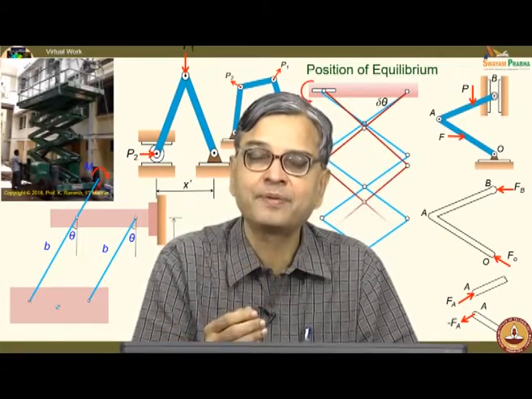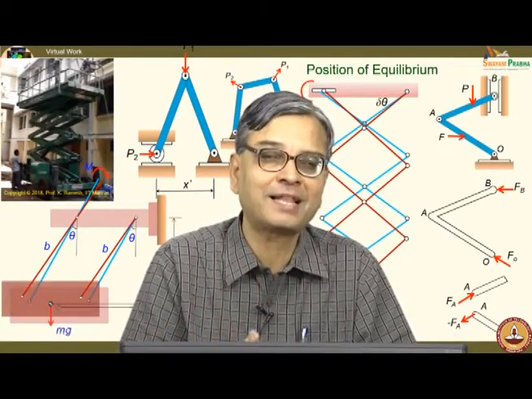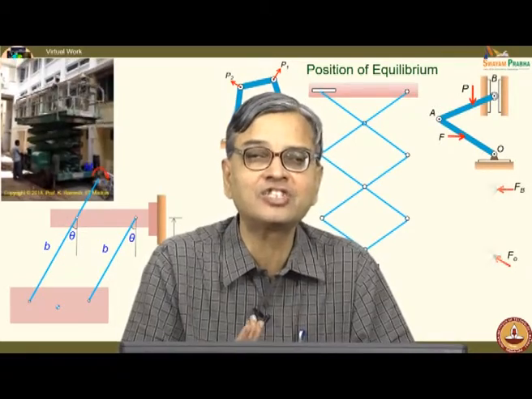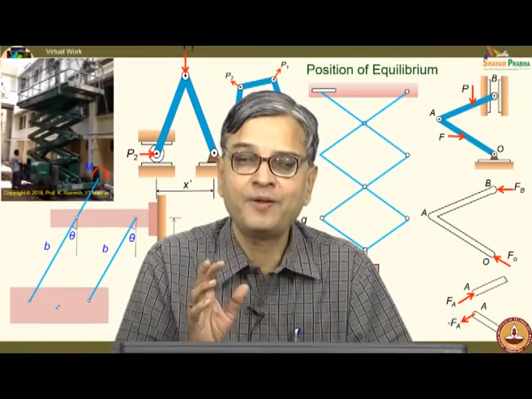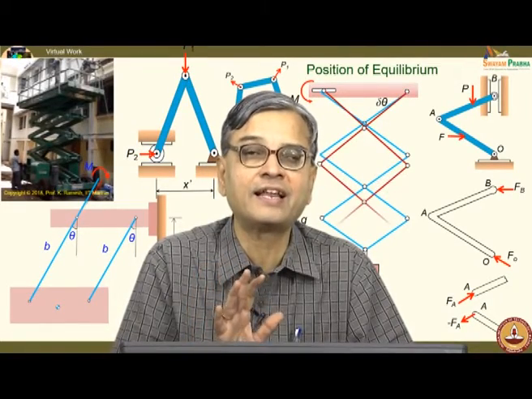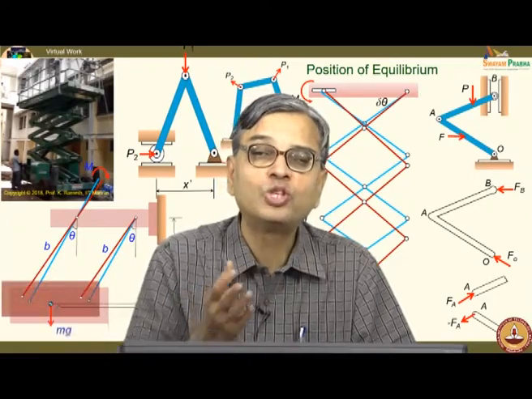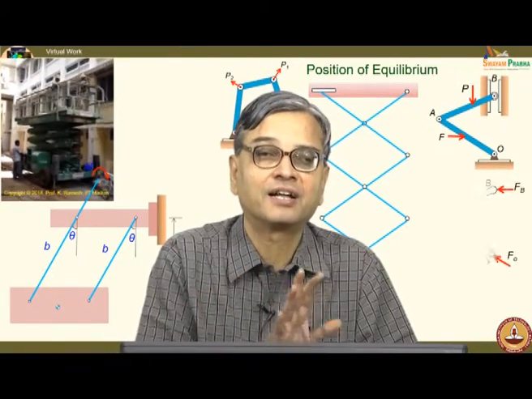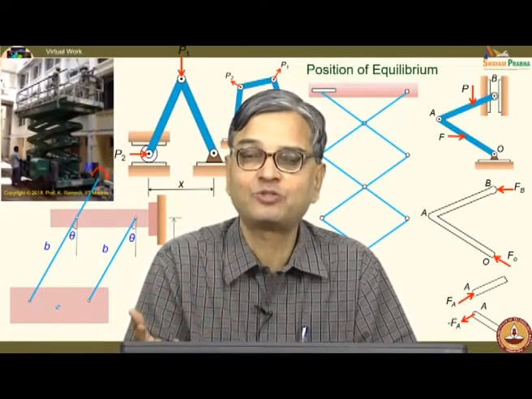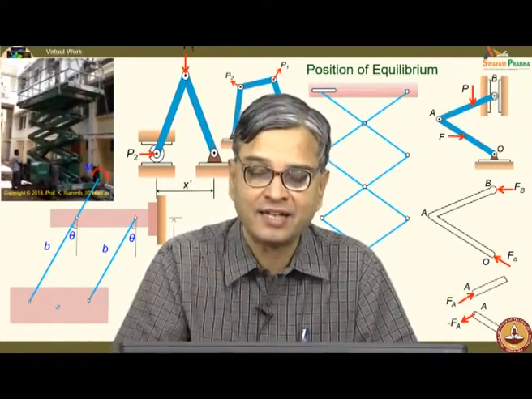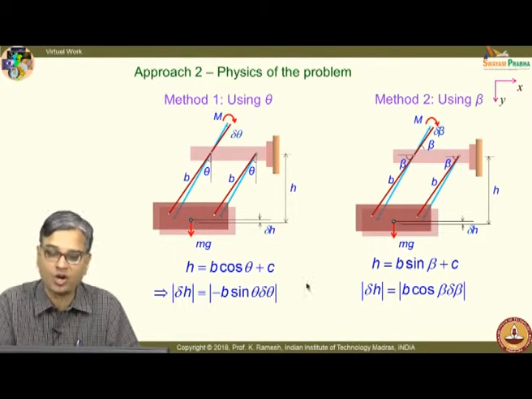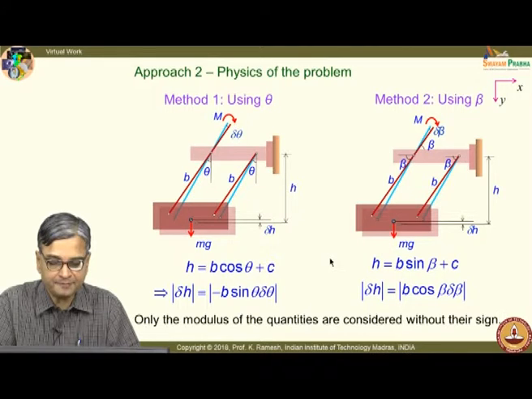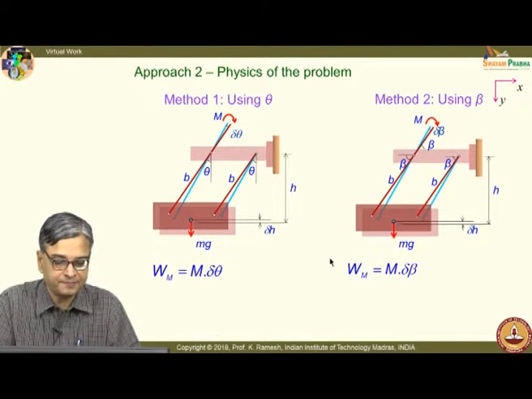Then in one step, you will write the expressions, because the mathematics involved is very, very simple. The configurations you are going to come across are again going to be simple. The problem where you can make a mistake is when you are writing delta W equal to 0, which one is positive virtual work, which one is negative virtual work. You can visualize it when I have a displaced configuration like this. My recommendation is please adopt this approach. We would see the way the expressions are going to come.